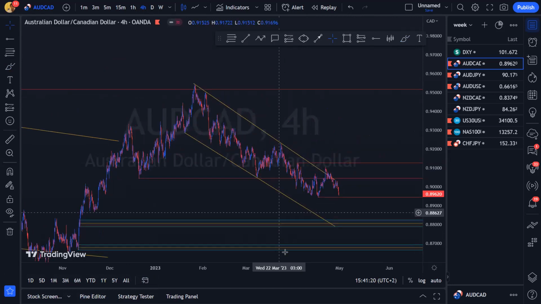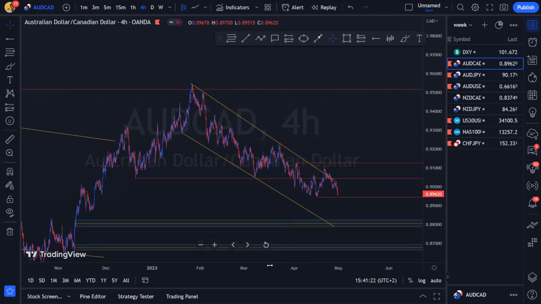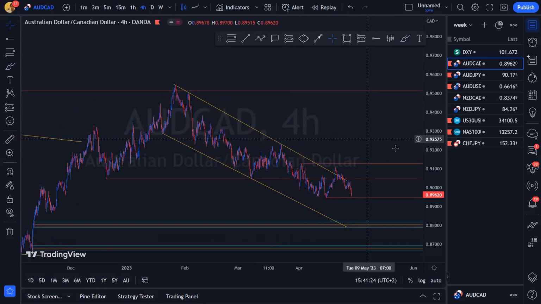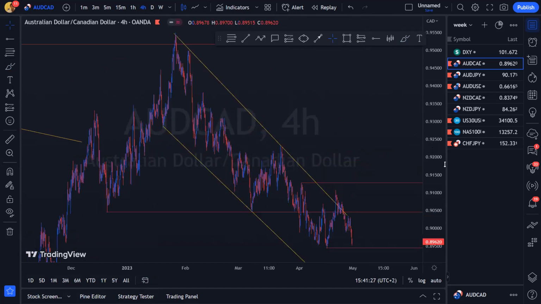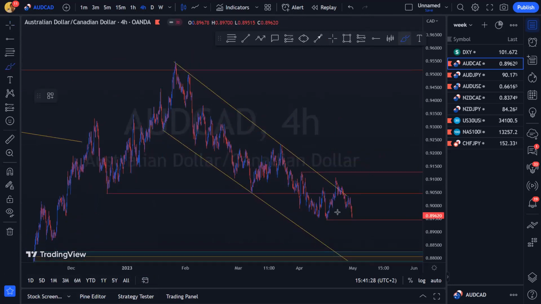So on our 4-hour structure, what I want to do is update our structure just a little bit, but in terms of this update, what I want us to do is wait for a break of this support over here. So we've got this low that we obviously spoke about while we were on the daily, and all we're looking for is price action to break this low, and then obviously we focused on reversal structures just below